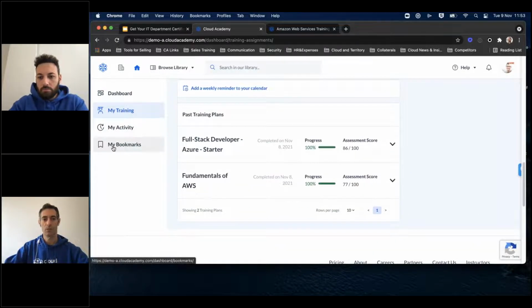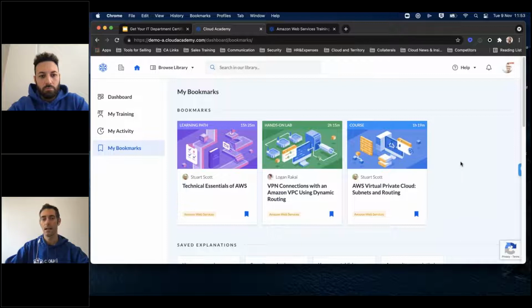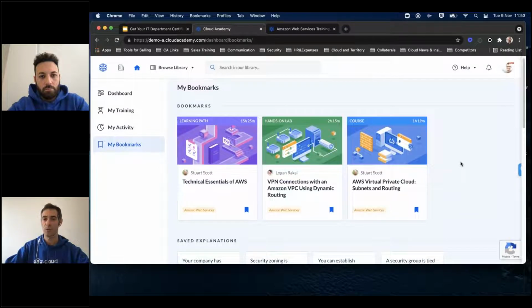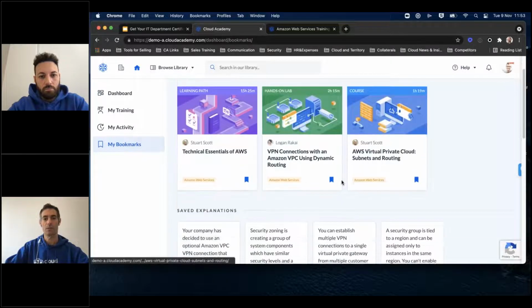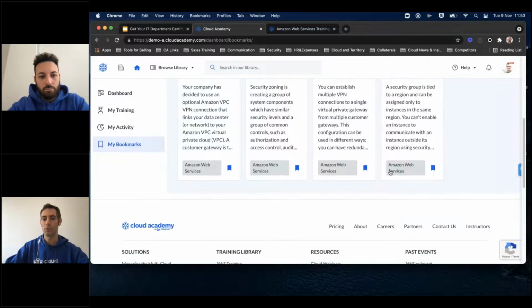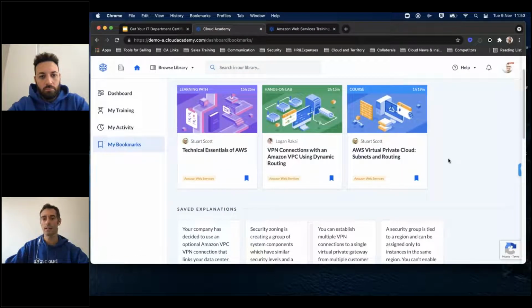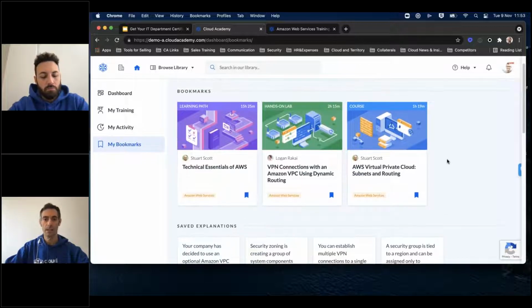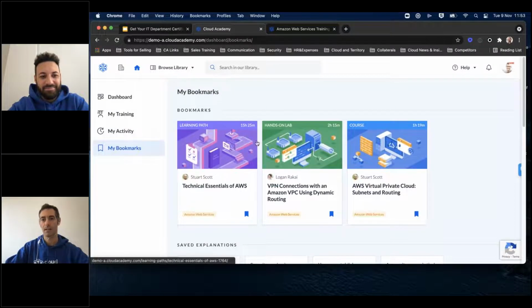Another thing that we introduced are the bookmarks. So the bookmarks are basically the possibility, obviously, to save some content. Obviously, the library is huge, but if you need to save a specific piece of content, you can do that. You can also save explanations, and soon we will also release the possibility to actually write down notes inside of your own profile. So this will make the experience a little bit more personal, and there are other things that we are cooking. So just stay tuned, because there are more novelties coming up in the future.